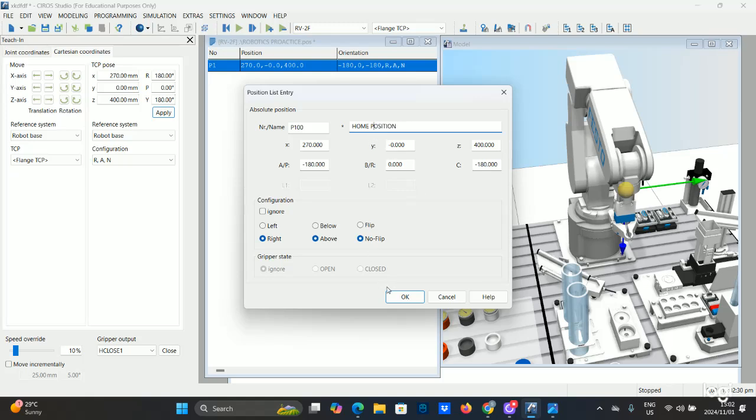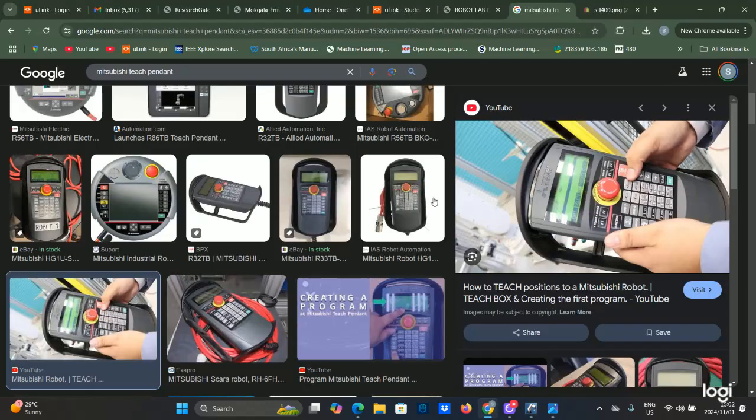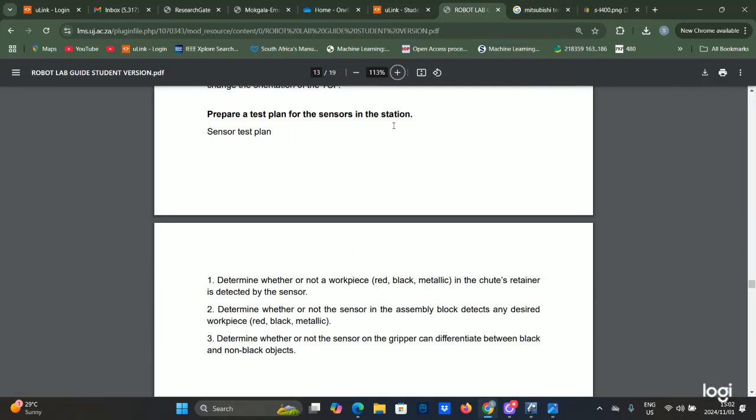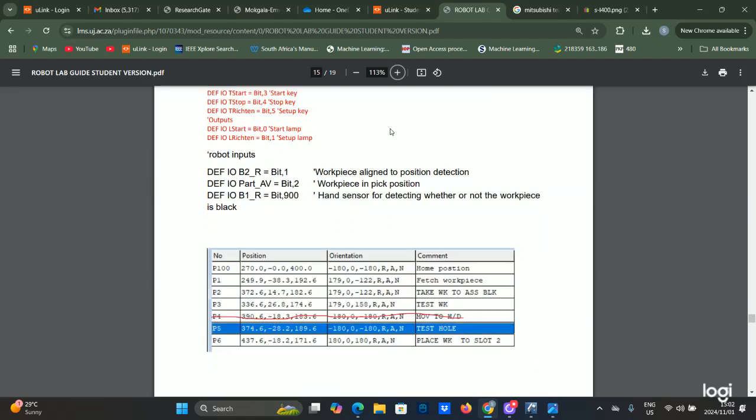And then I can save this, right? So now this is my home position. And then now I want us to do exercise number 1. So if we go to exercise number 1,